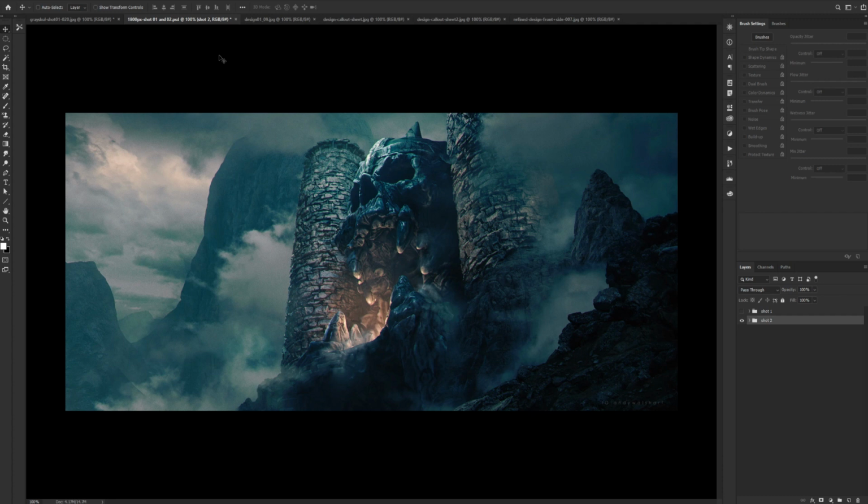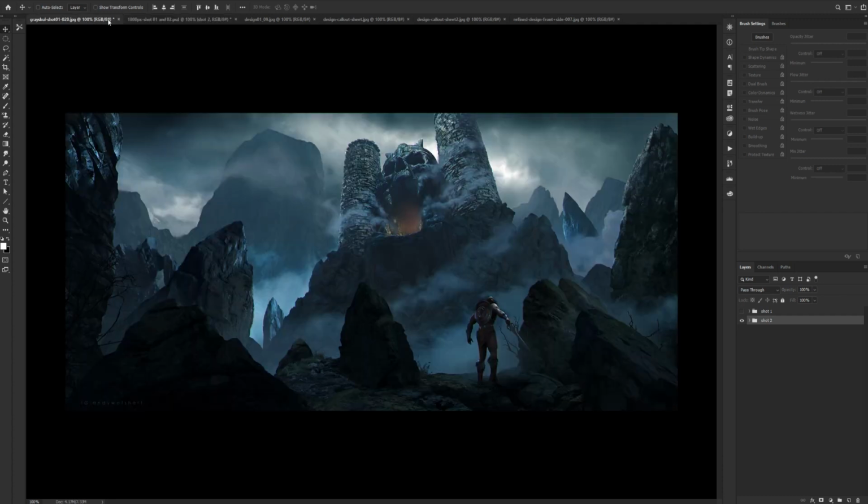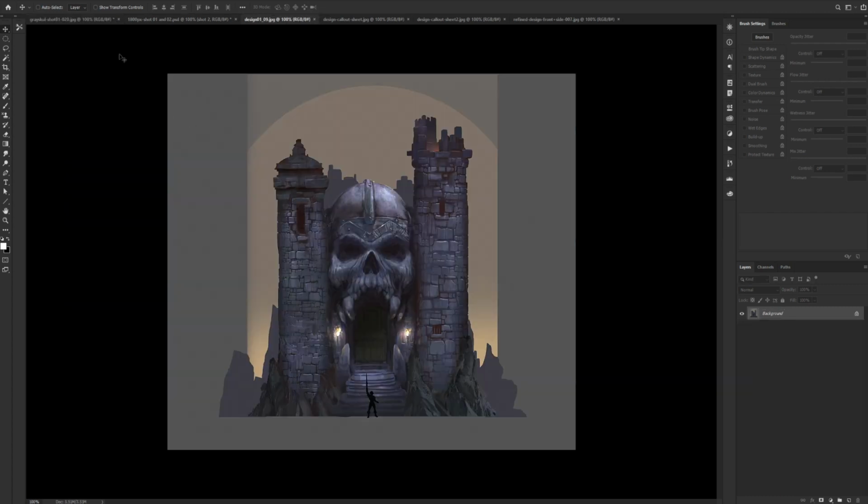So I had an image in my head of this big, ominous-looking castle that you would look up to, and so I started out just doing a design like this. I went straight into a full painting. It wasn't really much of a design process, but I just went straight into this one design. It's kind of reminiscent of the original one, but with a different scale. I wanted it to be bigger, but in my head I kept on seeing something that was tall that you'd look up at, and